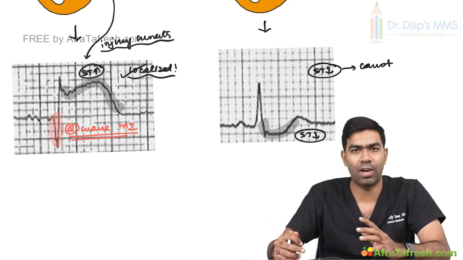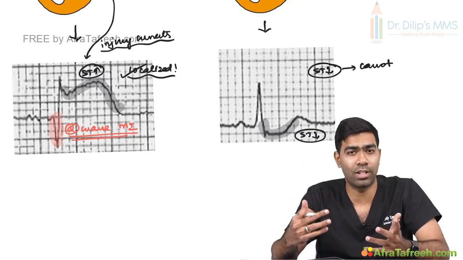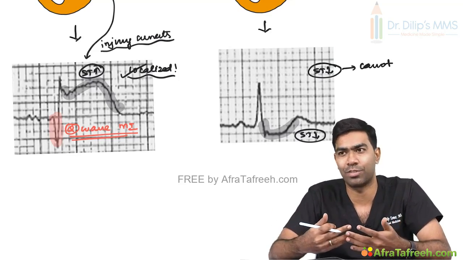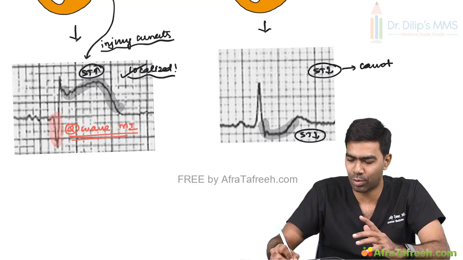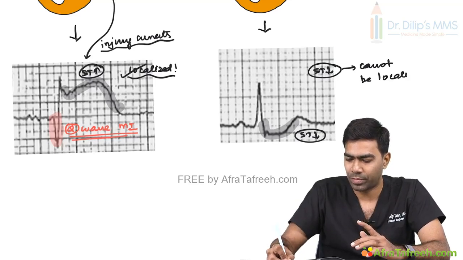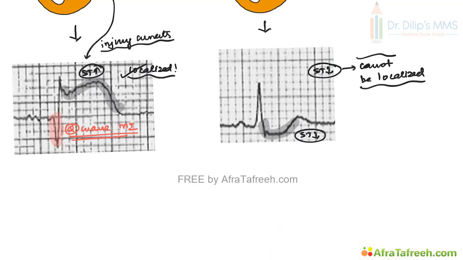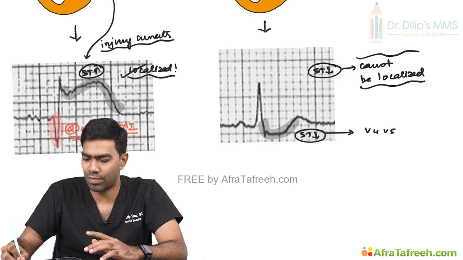For example, if you have only ST depression in 2, 3, aVF, you cannot tell that the patient is having an inferior wall NSTE-ACS. So it cannot be localized. That's very, very important. Cannot be localized. And the ST depressions become very significant, especially if they are present in V4, V5, V6,